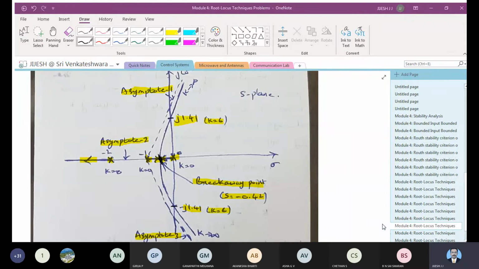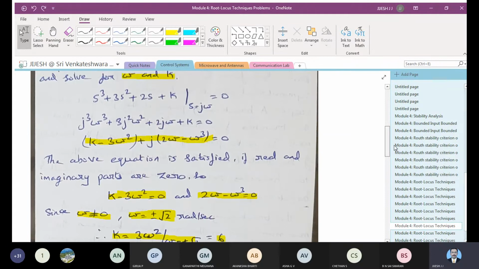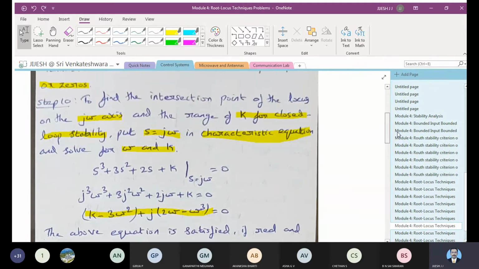So put those values there, and with free hands you need to draw this line connecting this point, breakaway point, like this. You need to connect these things and draw it. Free hands you draw, and this should go parallel to the asymptote, so you need to draw this properly. So this is the plot you will obtain. You complete the plot.